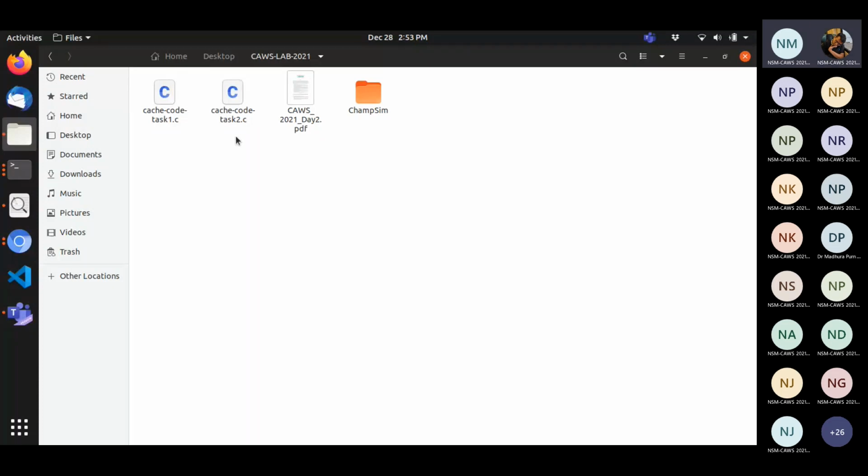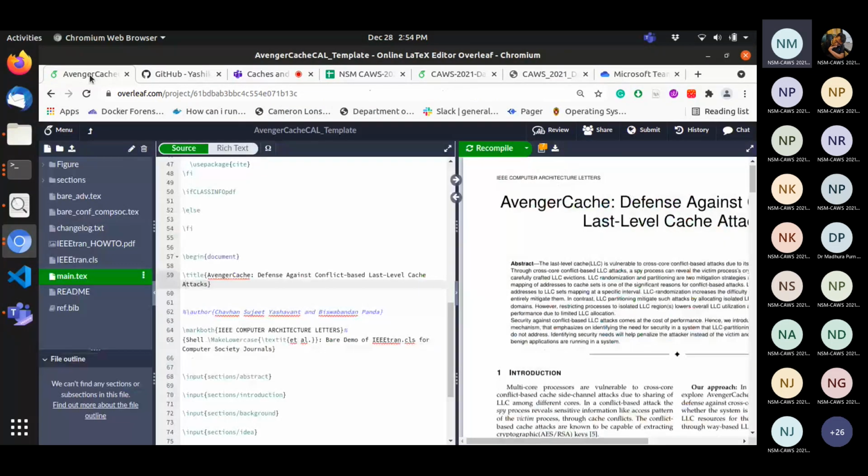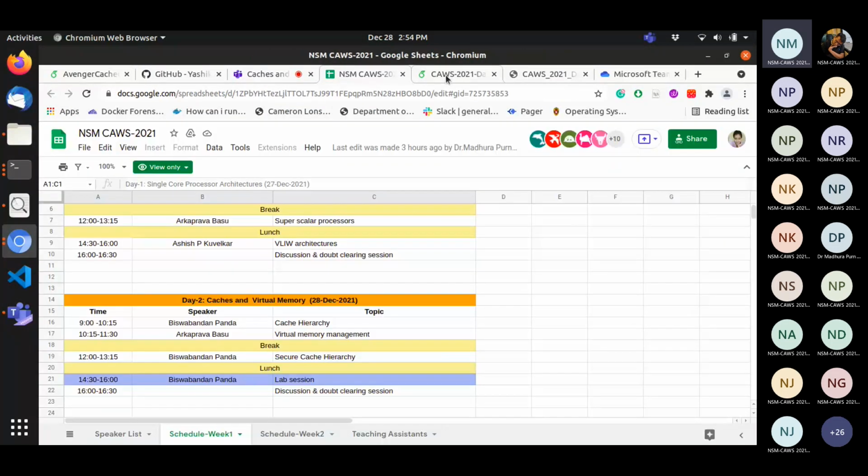It may be the case that they are actually struggling with something pretty trivial, but we are not able to get it. Sir, I think he's talking about the ChampSim guide actually. Yashika, can you open the ChampSim guide? His issue is probably from there. Yes, sure, I can open it. Just give me a second.